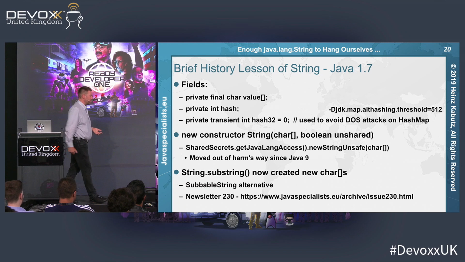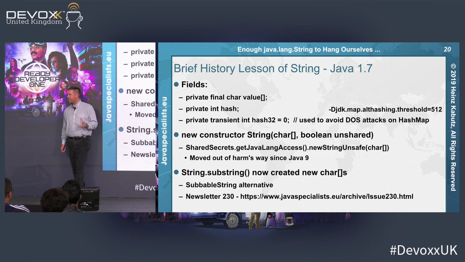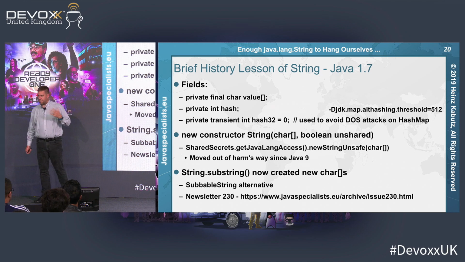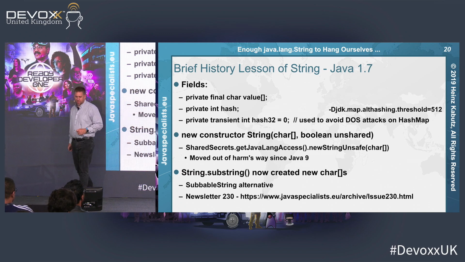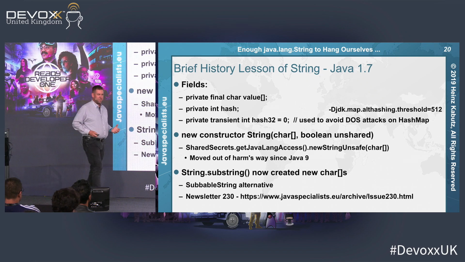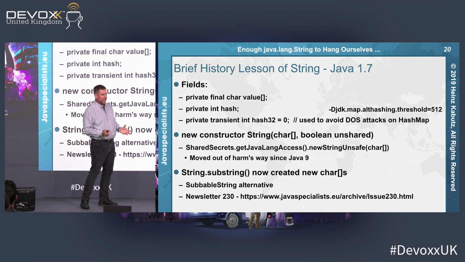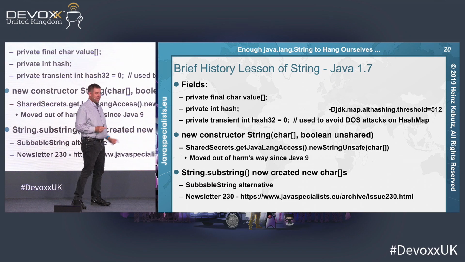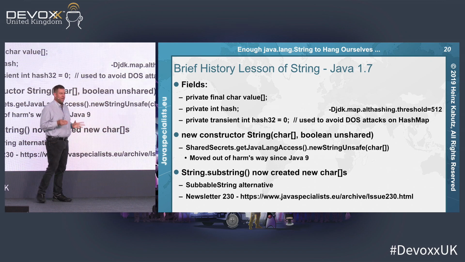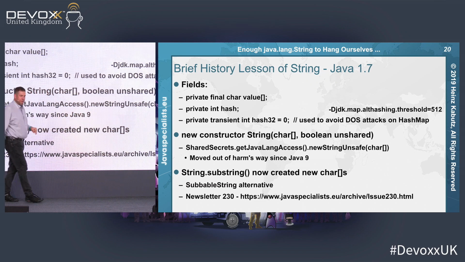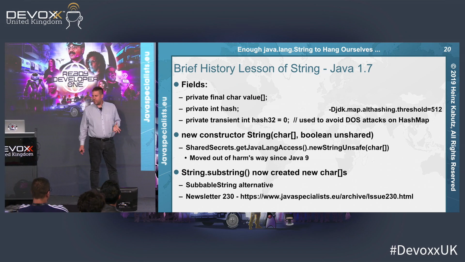The second thing that changed, which was sometimes more problematic, was that substring no longer shared the same char array as it did in Java 6 and before that, right from Java 1.0. What would happen before is somebody got a big string and they only needed part of it, so they would make a substring of that big string, expecting only to use a small bit of memory. But because the string shared the same underlying char array, it used exactly the same amount of memory as the big string. And people kept on making mistakes like that, and there's an easy way to get around that, but they didn't. And so as a result,